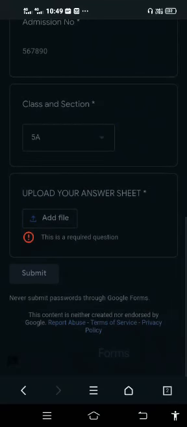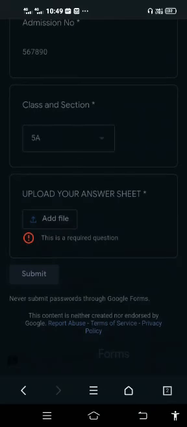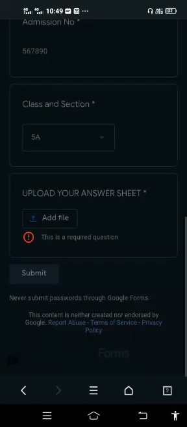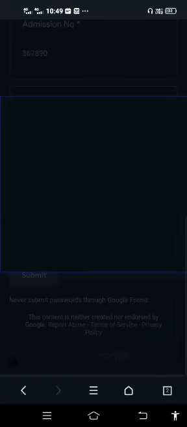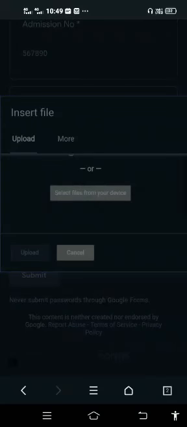Okay, my dear students. Now here is the option how to upload your answer sheet. To upload your answer sheet, the add file option is given. Add file. So you need to just click on it, add file. Then it is asking you to select files from your device.